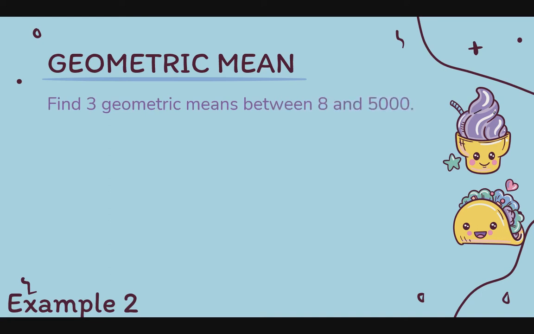For our example number 2, find three geometric means between 8 and 5,000. So, again, tatlong geometric means na ang hinahanap natin dito ngayon. So, gamitin natin yung ating general term formula, which is a sub n is equal to a sub 1 times r raised to n minus 1. So, from here, ang a sub n natin ay ang last term, ang a sub 1 natin ay ang first term, ang hinahanap natin ay r. So, kung ang ating a sub n ay ang last term, which is 5,000,